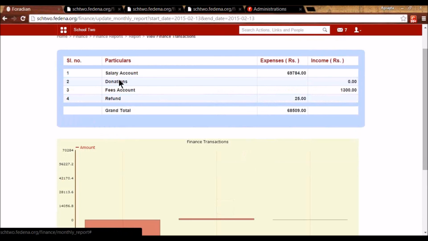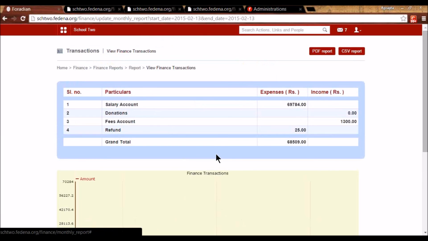So what this means is whenever I issue a salary to an employee, whenever the salary is approved, it will get added as an expense here automatically. Whenever I collect fees, it will get added here as an income automatically. The refund amount is also getting added here. So this is the financial budget of the institute, which is taken care of automatically whenever you make a transaction in Fedena. Now besides these particulars, if you want to create your own category, you can create it by going to